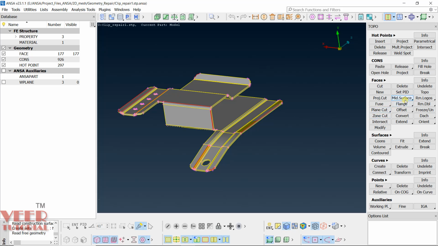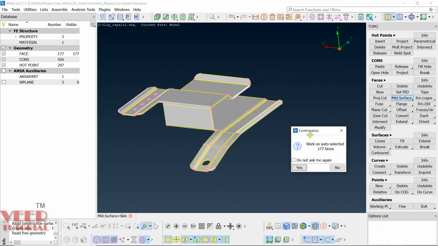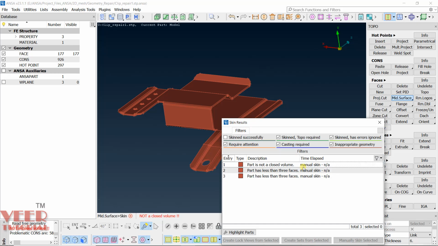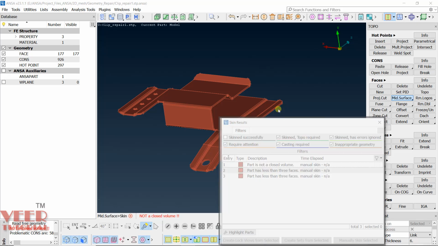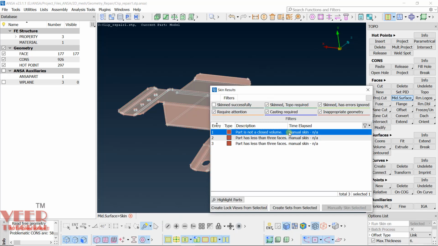Go to mid surface and I will go to skin. Here I will use the default options, like visible here, and all the default settings. Okay, hit the roller and click yes. Now it is going to show an error that the part is not a closed volume.